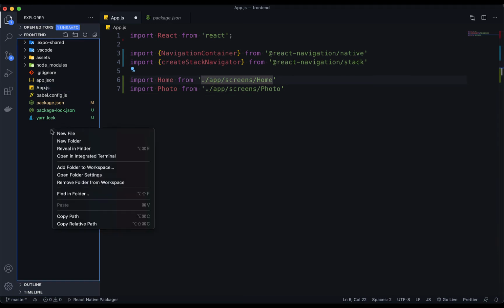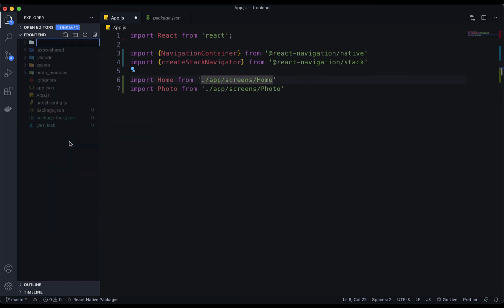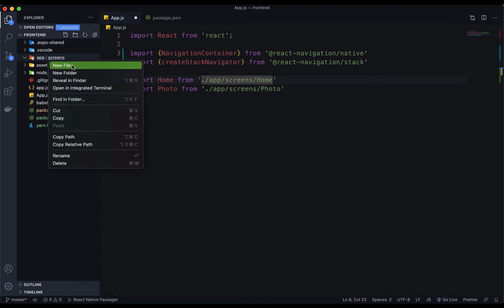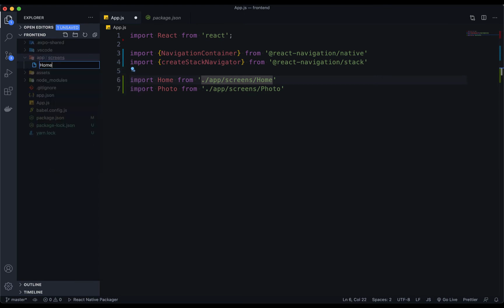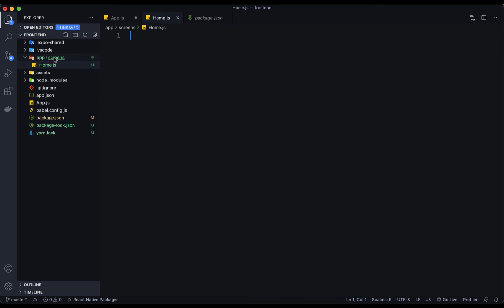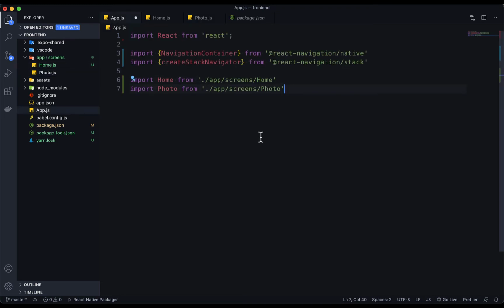Over here, create a new folder called app. Inside app, create a new folder called screens. Inside the screens folder, create a new file called home.js and another file called photo.js. Now go back to app.js,